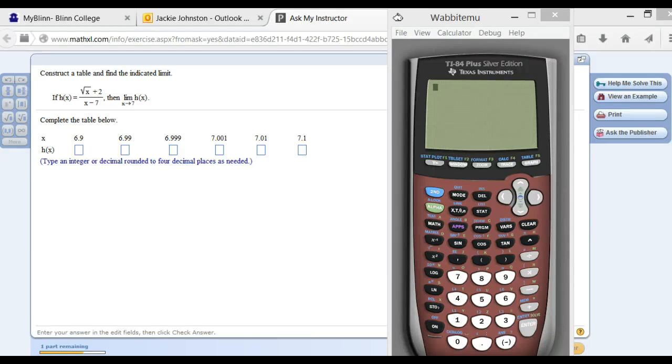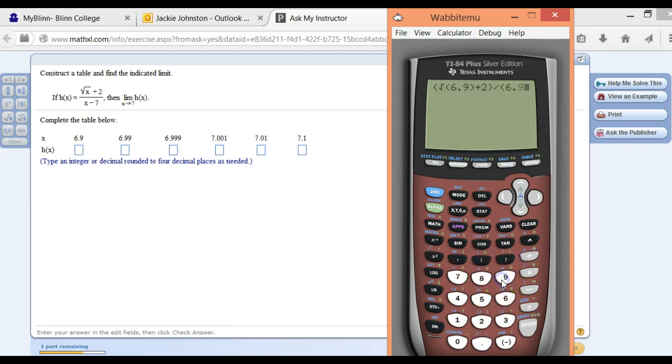For this particular problem, we're really looking at a calculator problem. We're going to take each one of these numbers and plug it into the function that's given to us and put the values in. So here's my x, 6.9. I'm going to have a parenthesis, second, and there's my square root, and we're going to put a 6.9, close it, plus 2, close our parenthesis, and it's going to be divided by